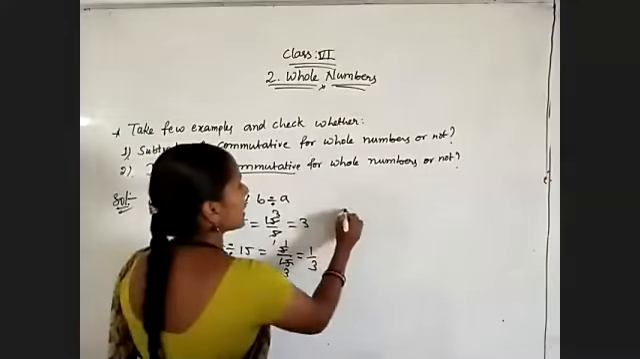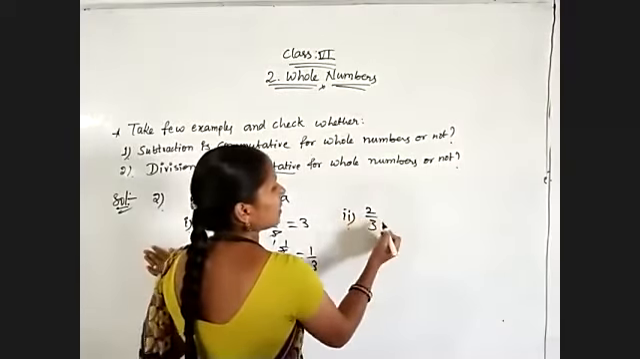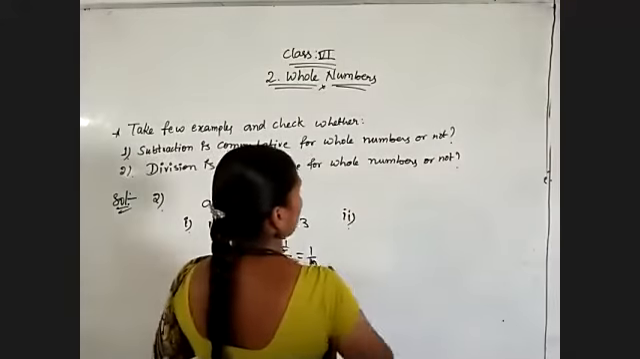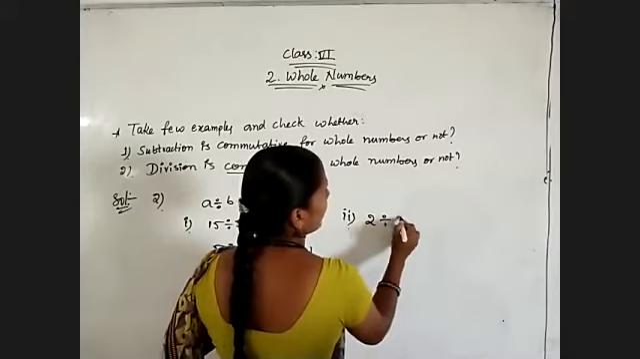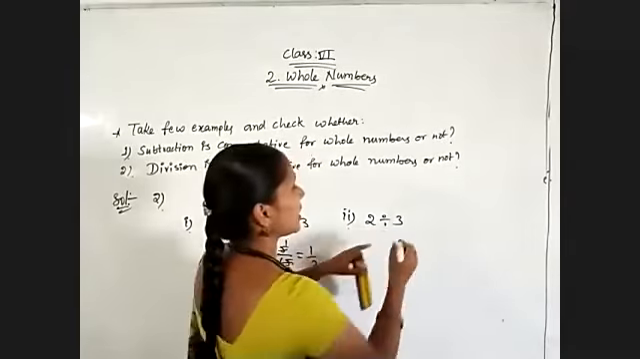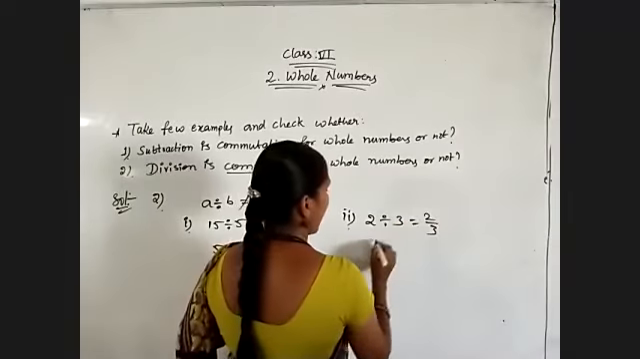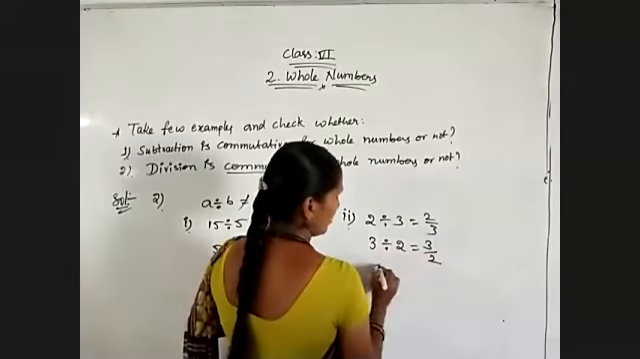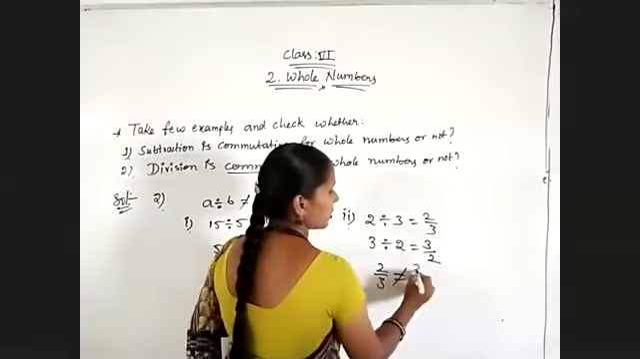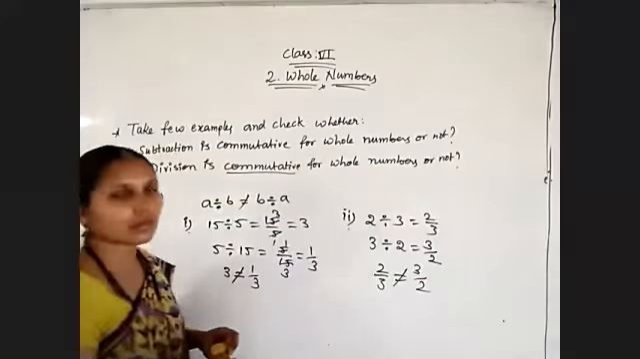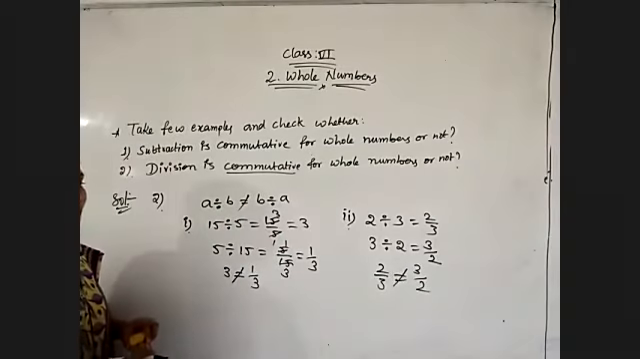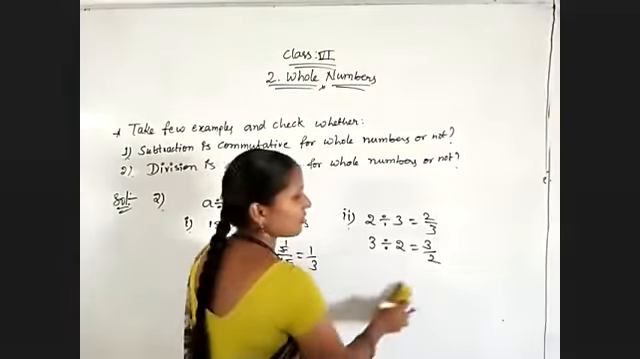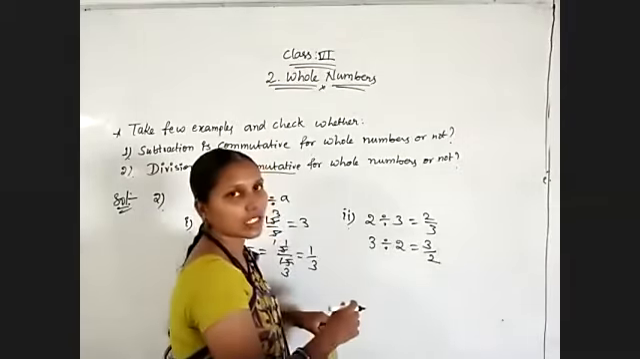If I take another example, 2 and 3 are whole numbers. So 2 divided by 3 is 2 by 3. Change the order: 3 divided by 2, that is 3 by 2. 2 by 3 is not equal to 3 by 2. If we are unable to compare them, first of all, because those two are unlike fractions, convert them